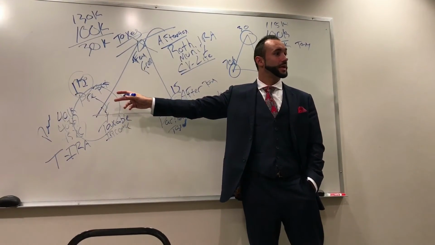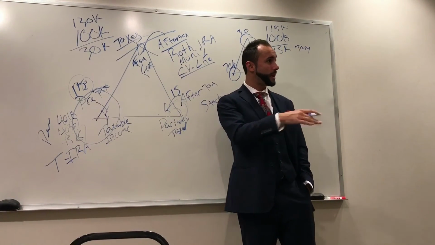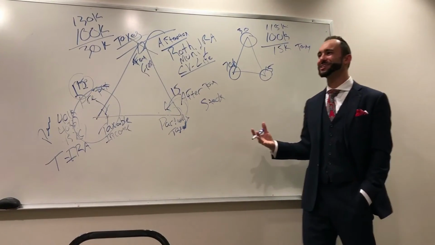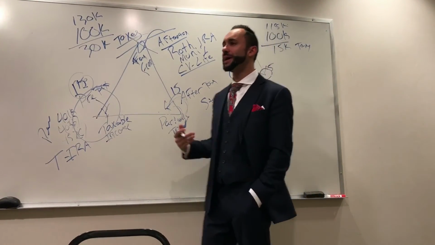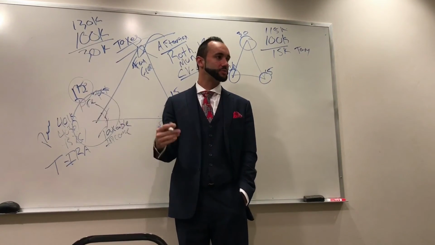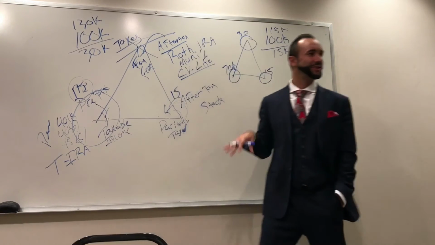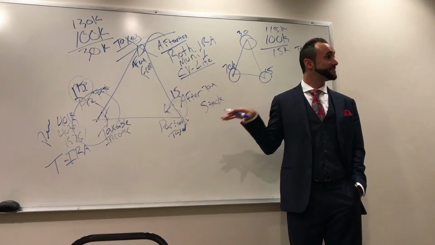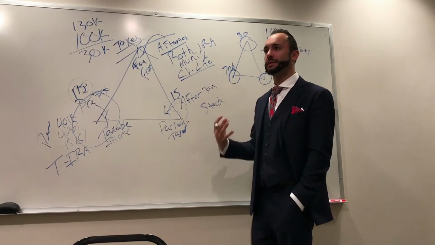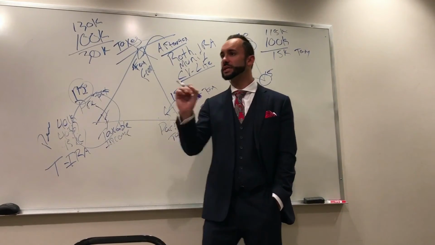Lower tax bracket. He's going to be in a lower tax bracket, right? And he's going to be paying on a lower amount. I don't know the percentages, but let's just say, would you rather pay 33% on 115,000, or would you rather pay 20% on 70,000? That's a big difference in the tax liability that you're going to have. And what it's going to do is give you control.